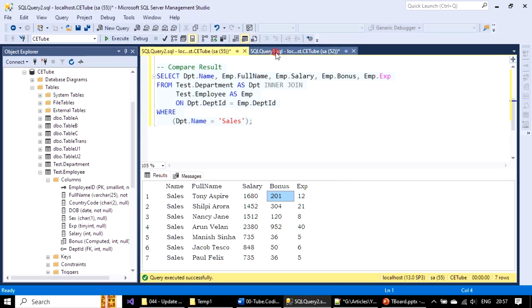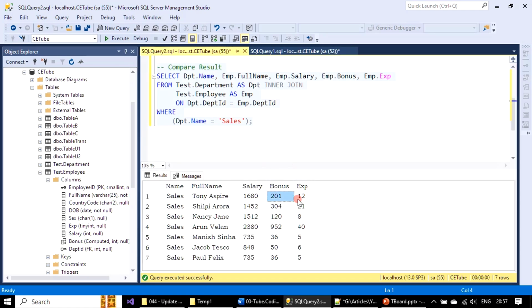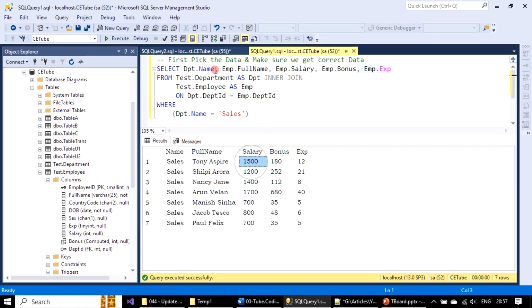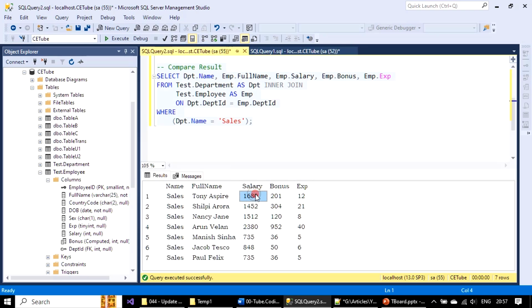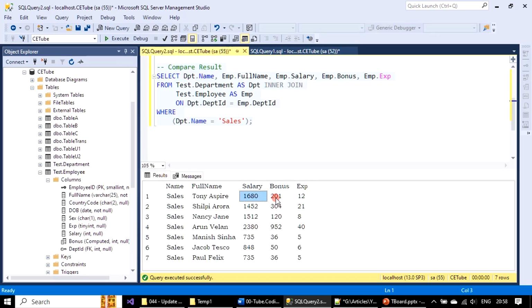So that's why here when we update the salary, the bonus also gets updated. So this is the newer one and this is the older one. 1500, revised salary is 1680, bonus is 180, and the recalculated bonus now is 201. All right,